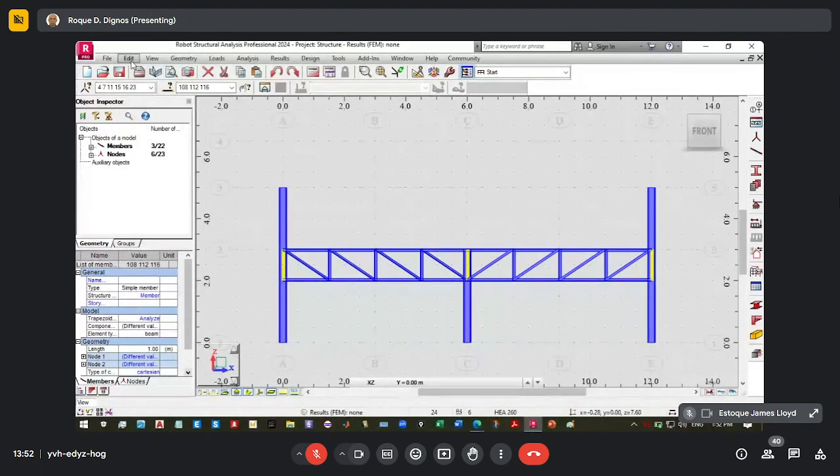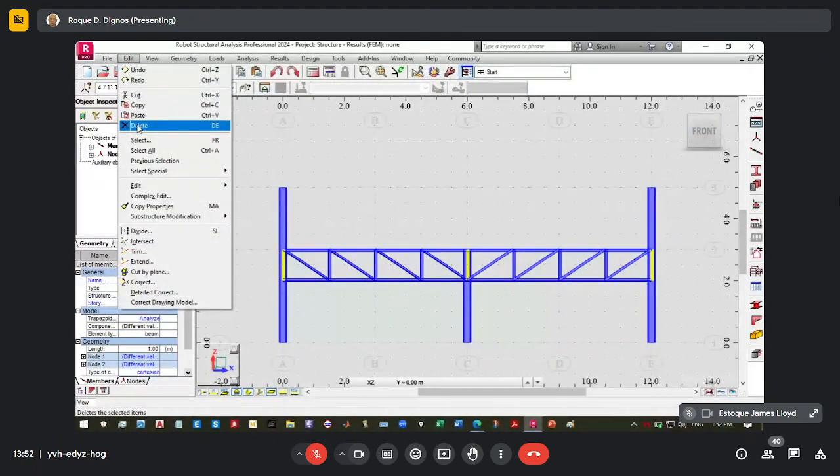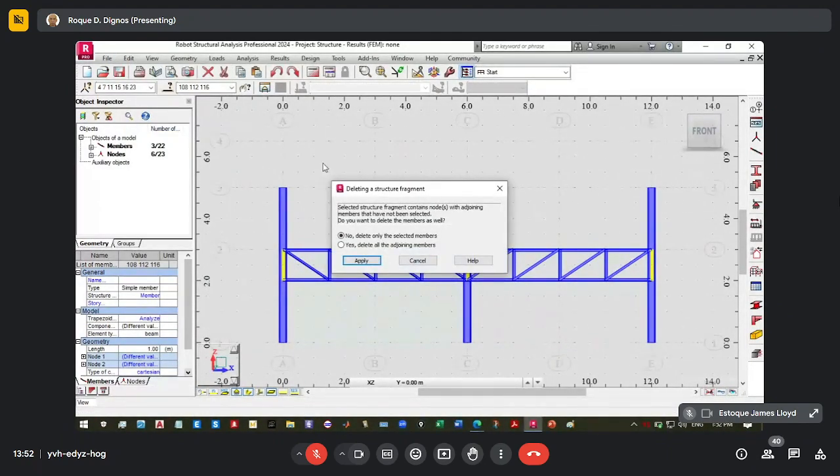So we can go delete, and the message here says that the selected structure fragment contains nodes with adjoining members that have not been selected. That means the column.